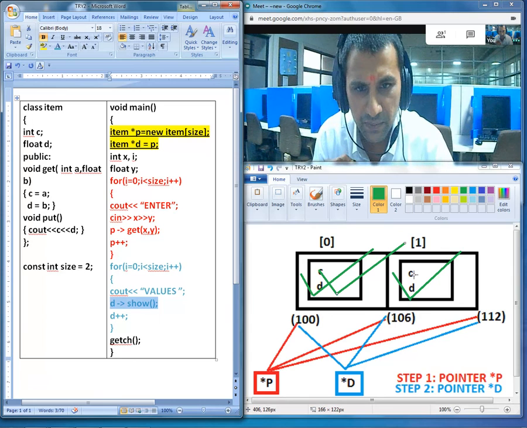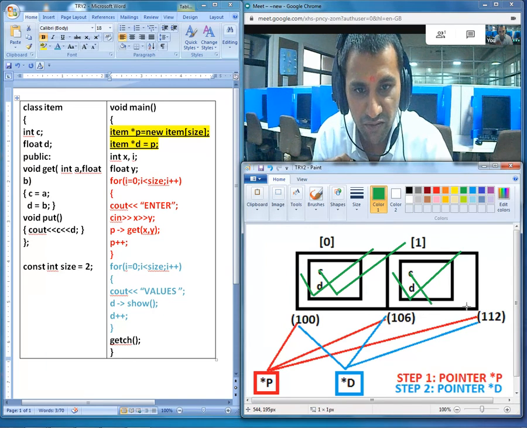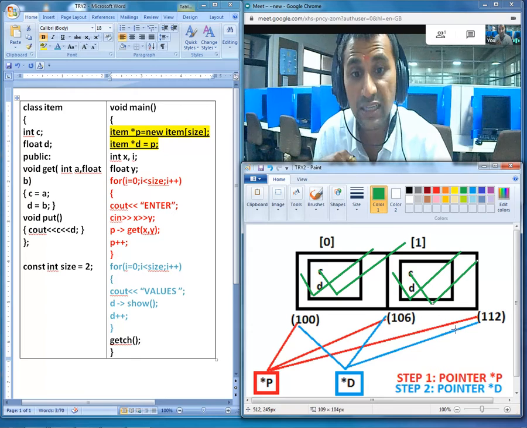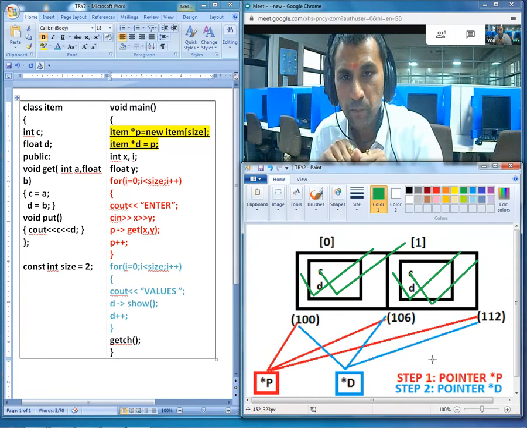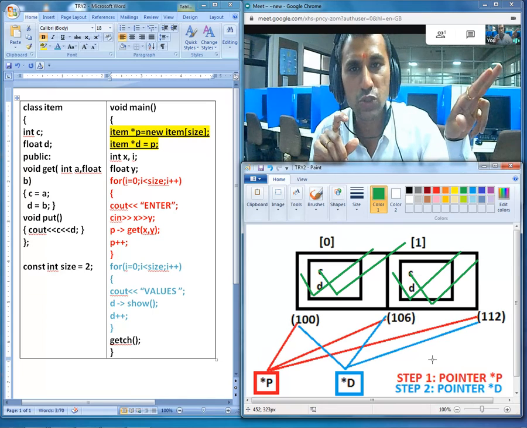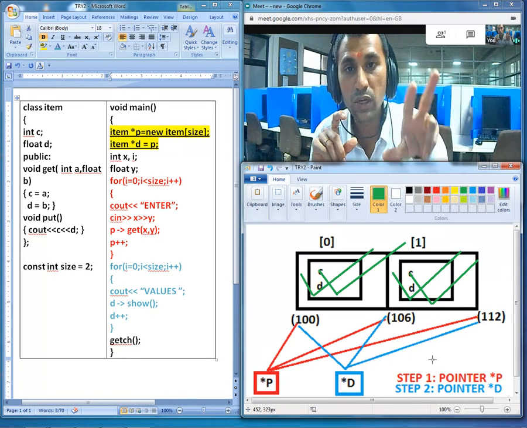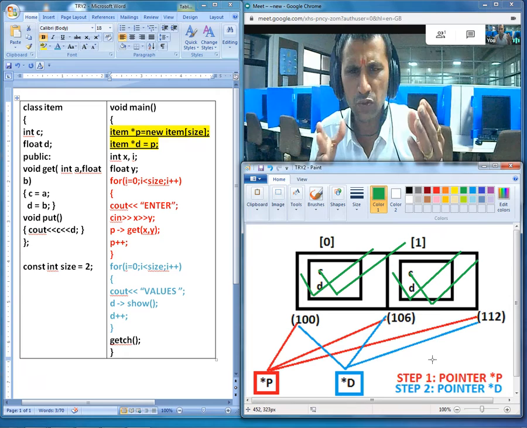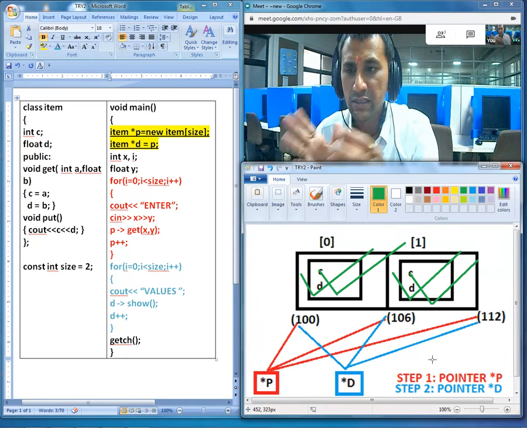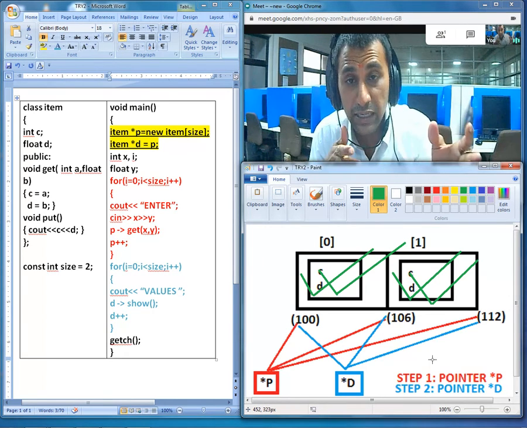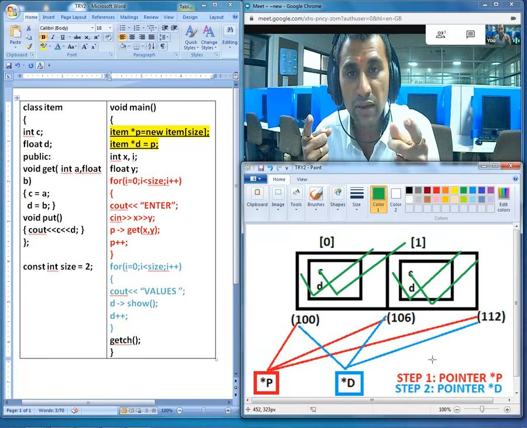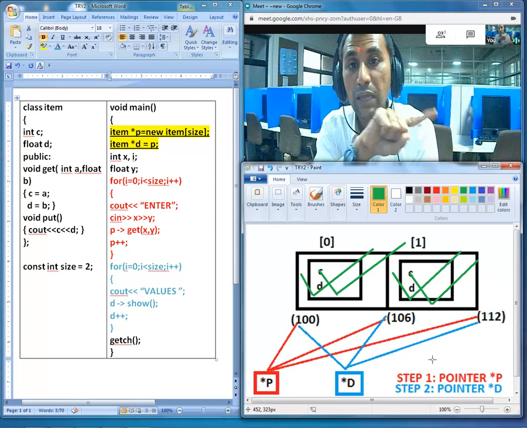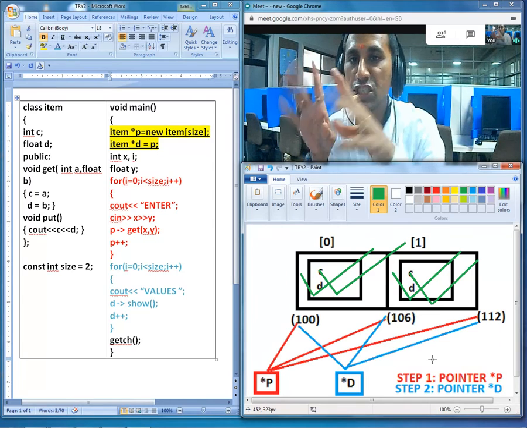Once we are done printing the values at this location, once again there will be a jump for pointer d. It will point to the next memory location, which is at 112. Of course, we can bring back the pointers. Just like we incremented the values for pointer p and pointer d, in the same manner we can decrement those values and make them point once again to the very origin of the block.